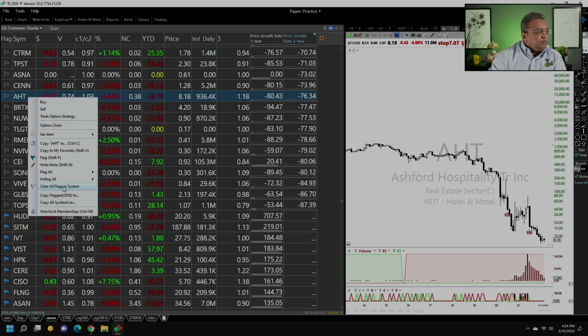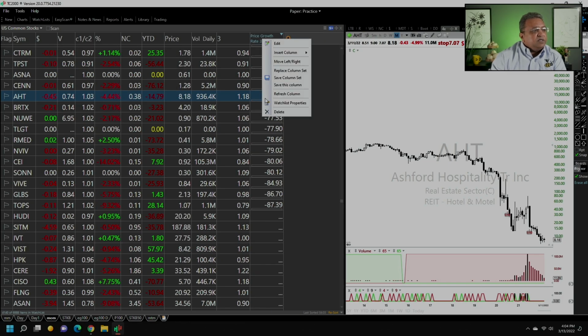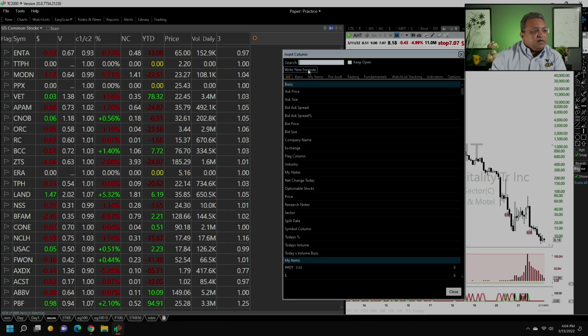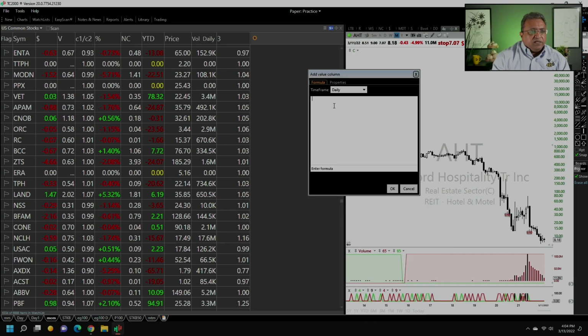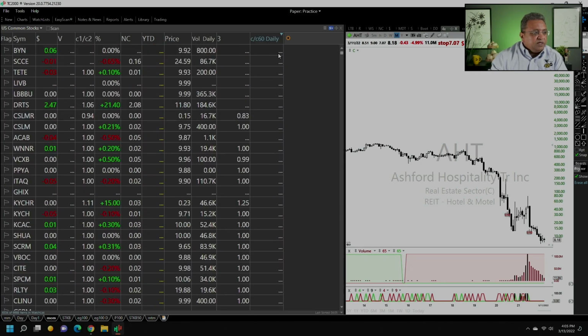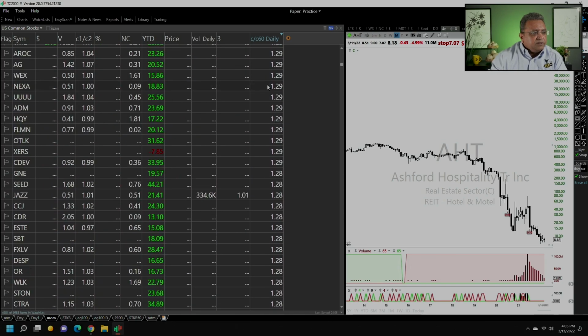Now supposing you want to find an IPO stock which had IPO'd in the last, say, 3 months, all that you need to do is add a value column and write a formula yourself. 3 months is approximately 20 days in a month, so 60 days. So if you put a column which is C by, say, 60, right, and sort by it, what you're going to see is the same thing, that the stocks which don't have a value associated with them,